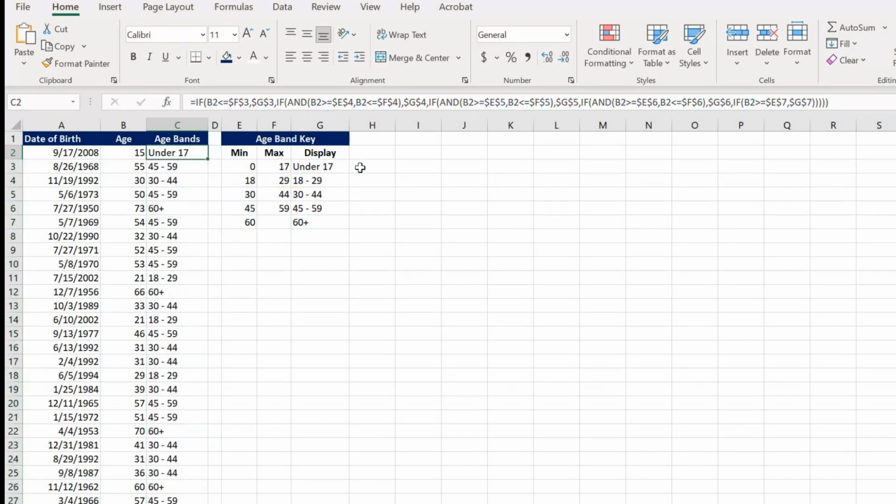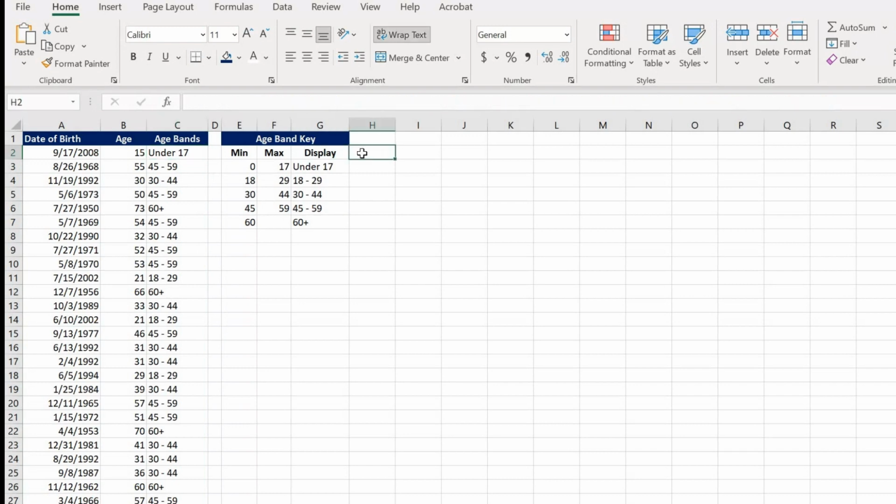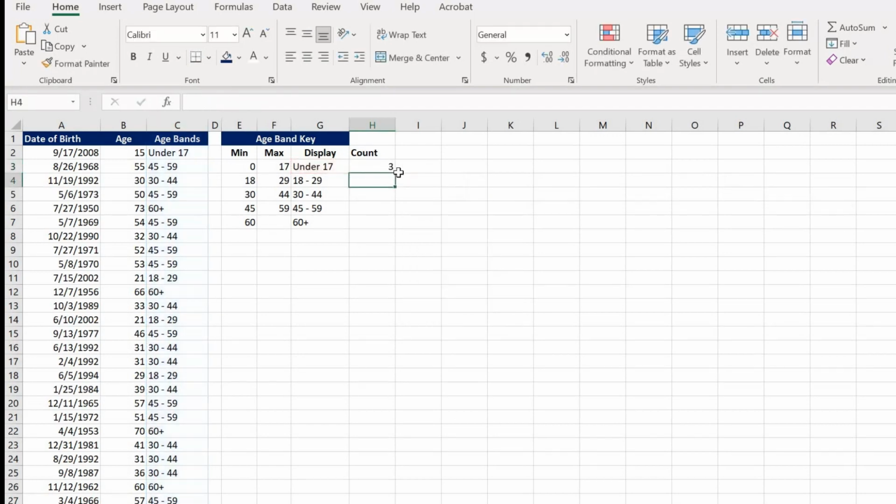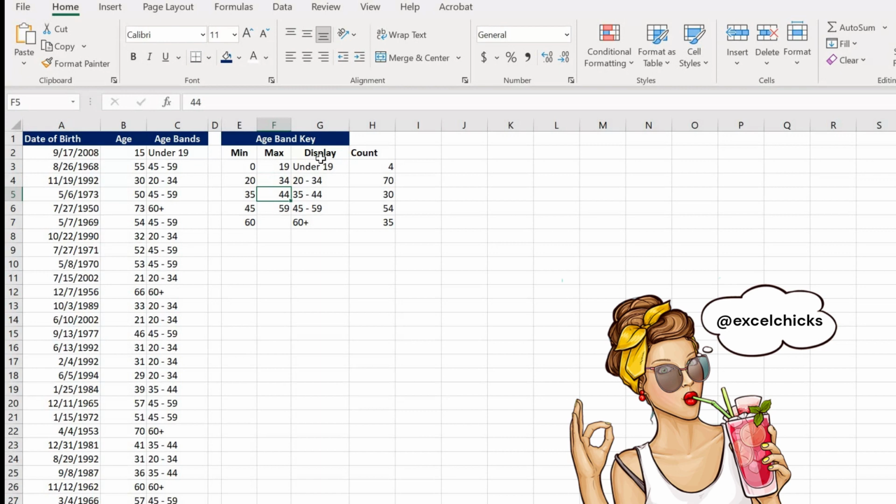And now I'm going to show how we can quickly do a COUNTIF. We're doing a COUNTIF on our range and our criteria, so we can quickly count that information. In addition to that, we can change our min and max numbers here, and you can see that everything adjusts. Because we took the time to set up the formulas beforehand, we can change our min and max. That is it for this tutorial.